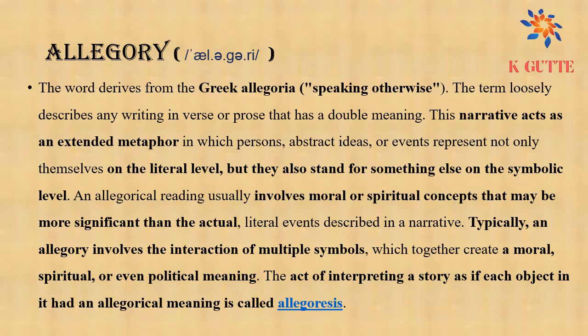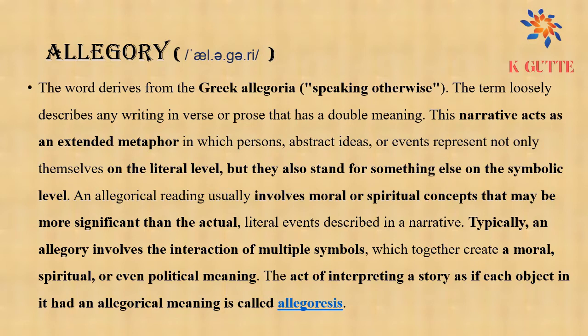This narrative acts as an extended metaphor in which persons, abstract ideas, or events represent not only themselves on the literal level, but they also stand for something else on the symbolical level. An allegorical reading usually involves moral or spiritual concepts that may be more significant than the actual literal events described